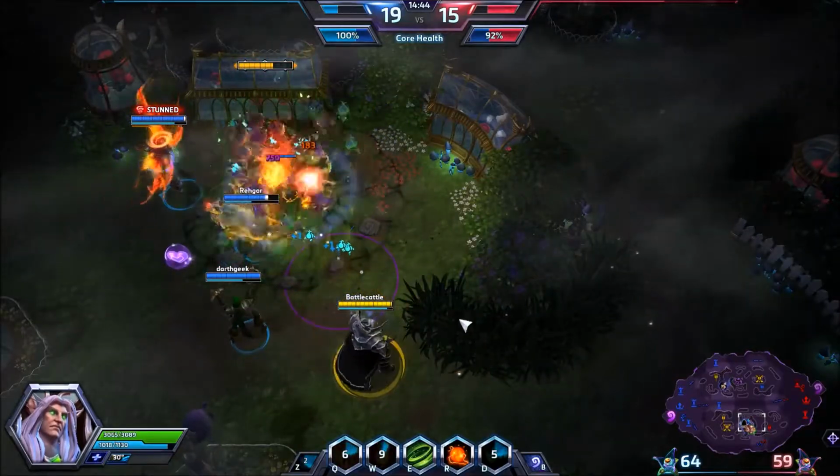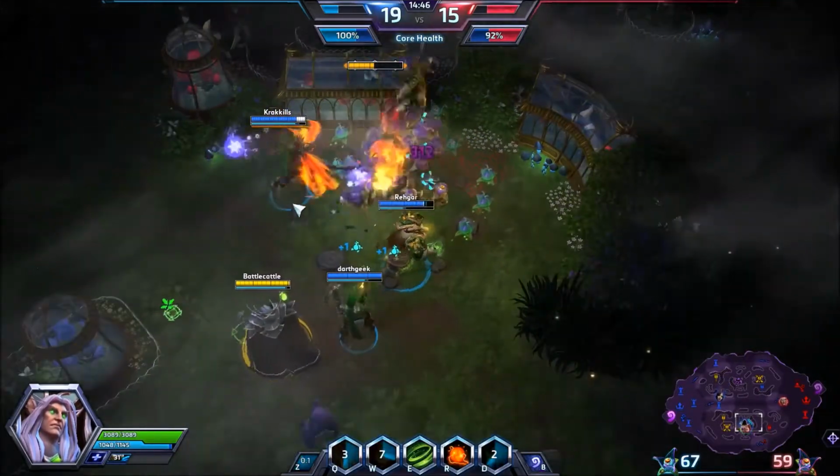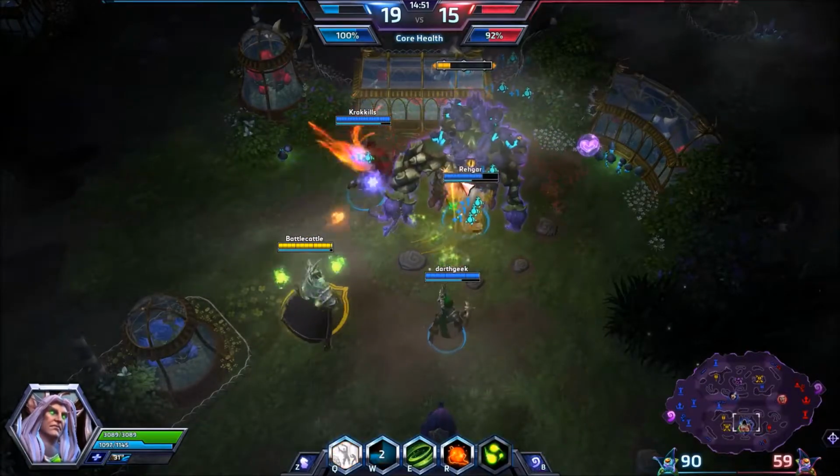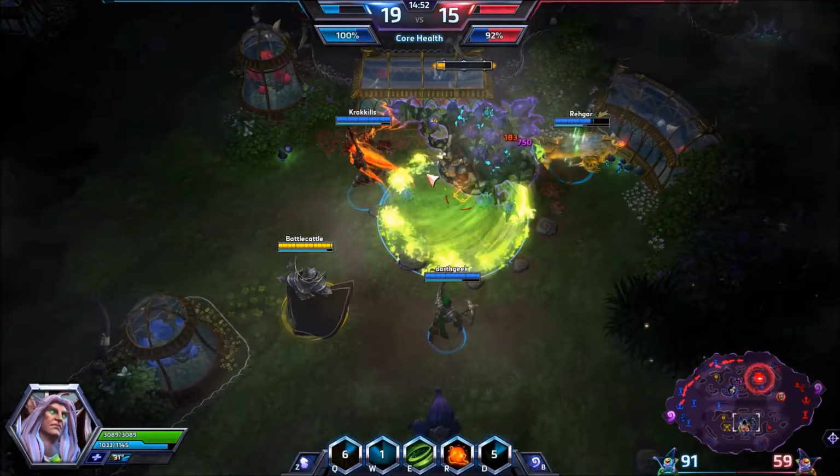Do a Flame Strike and a Living Bomb on him. Stay out of that purple circle, because that does actually a lot of damage. I've seen a lot of times where, and I've taken advantage of it too, where the enemy team will get stuck in that purple circle, and